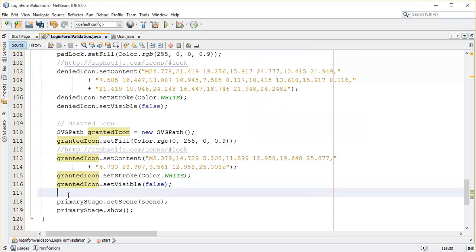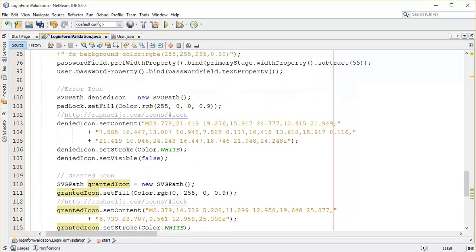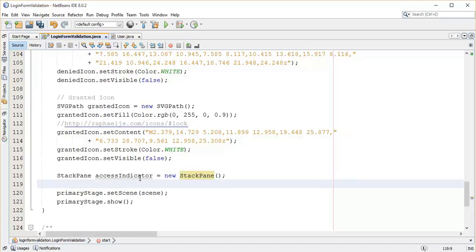So next we are going to add these two icons, denied icon and granted icon, into a stack pane. So StackPane accessIndicator equals new StackPane, then add the children element into the stack pane. So I'm going to use this with dot